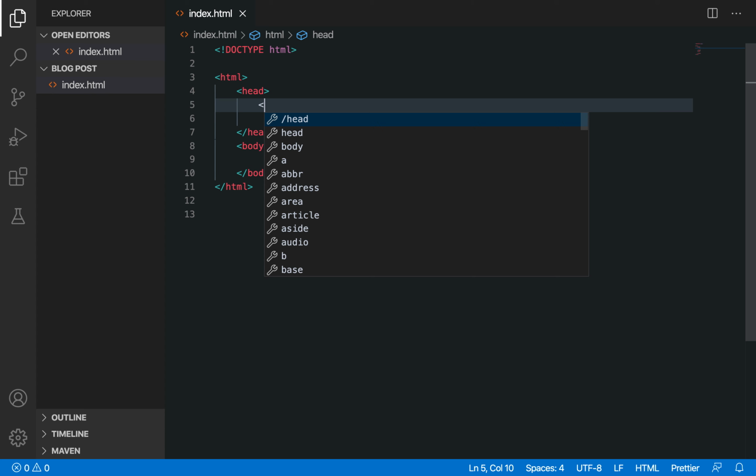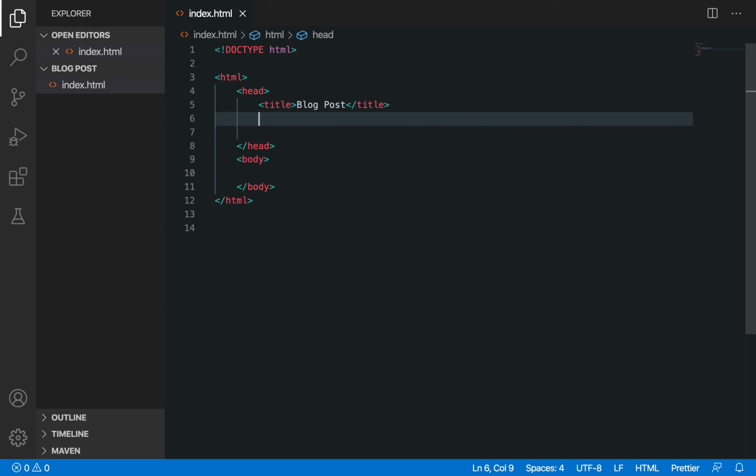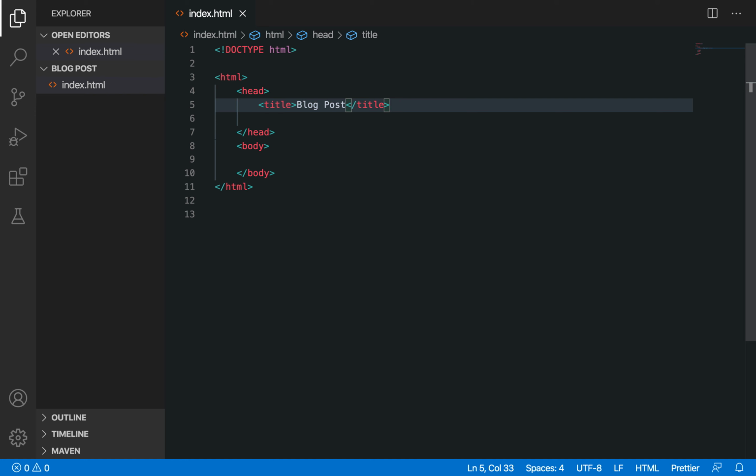So friends, this is just a basic structure, and inside the head you have to mention some things, like what will be the title of your web page. So here I will write title. Inside this, let's say I am writing blog post, because I am going to make a blog post web page. And there are other things that you can put inside this head.